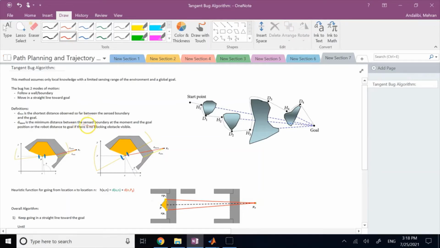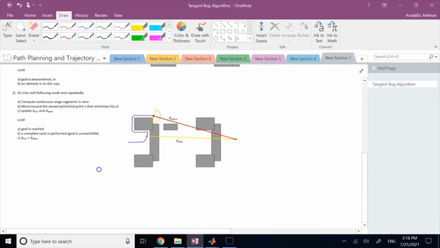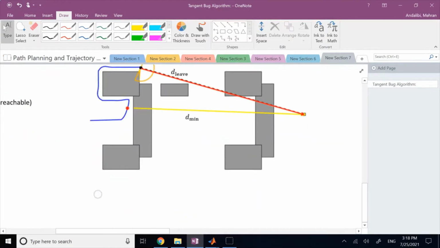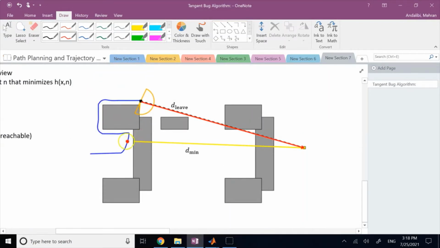This is the minimum distance from any point on the boundary that you sensed to the goal. Okay, so if you look at this picture, it might be a little nicer to see. So here I'm going from this point, I'm starting to do the wall following. And when I go along this path at different locations, right,